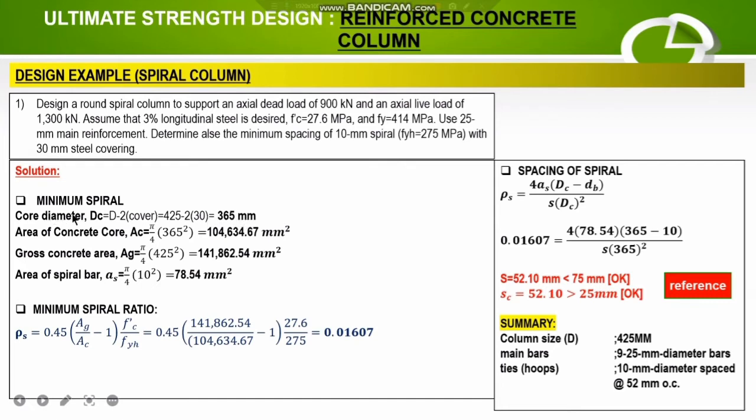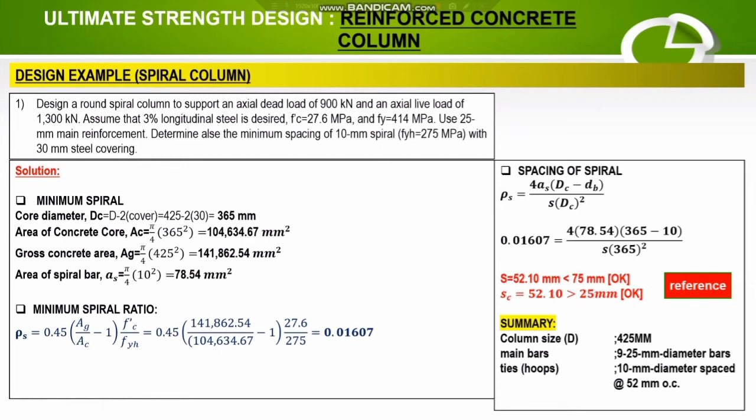So our core diameter d sub c is 365 mm. And the area of the concrete core a sub c is equal to pi over 4 times 365 squared, which is the value of d sub c. So a sub c is equal to